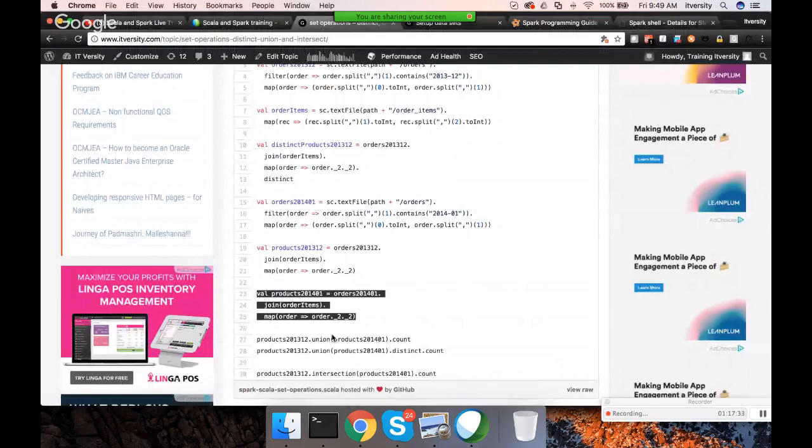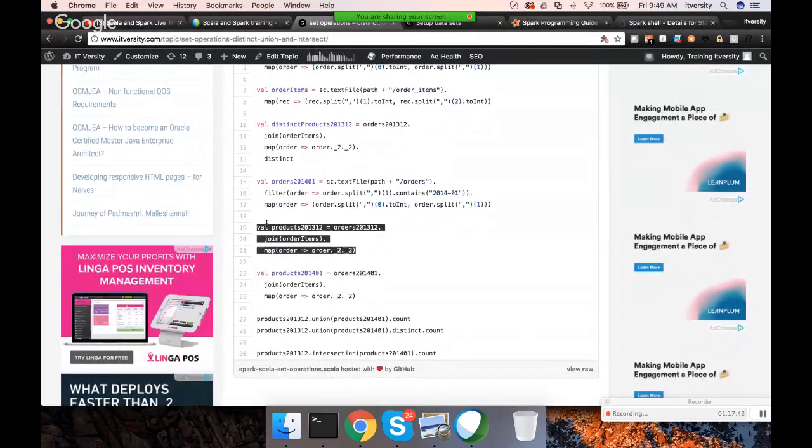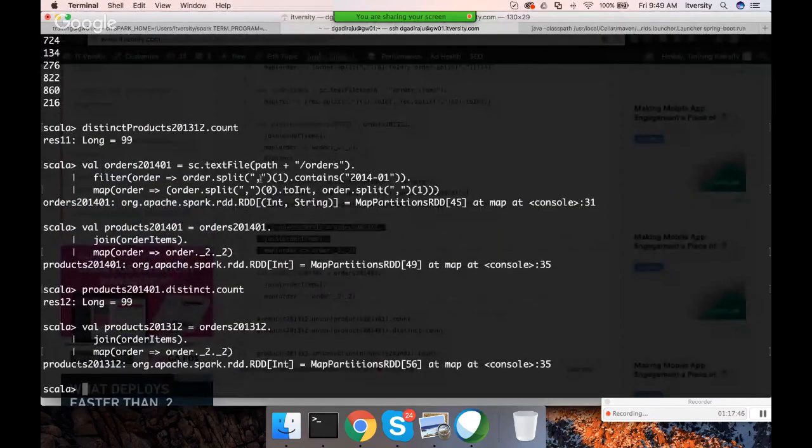Now let us see what are the common products which are sold between the two. I have to create this one also. This is for products 2013 December, and this is for products 2014 January. So if I want to get the common products which are sold in both the months, I can just say products dot intersect or intersection